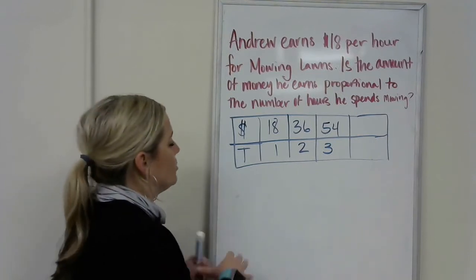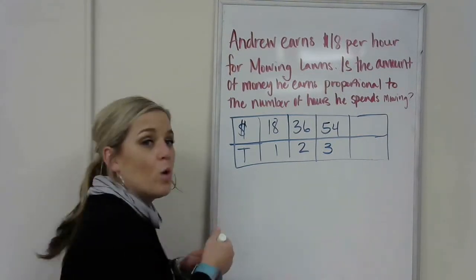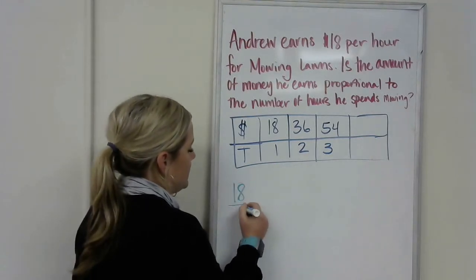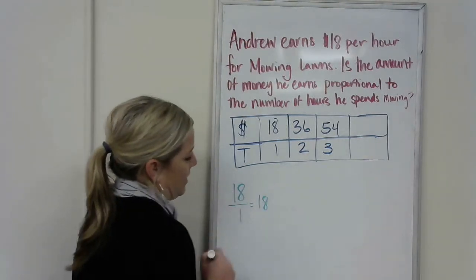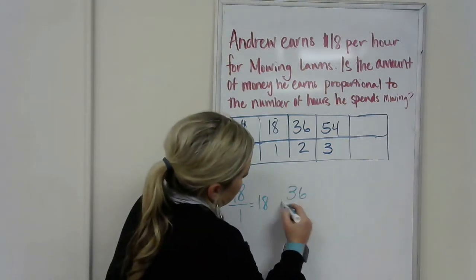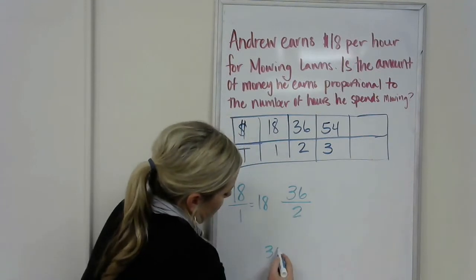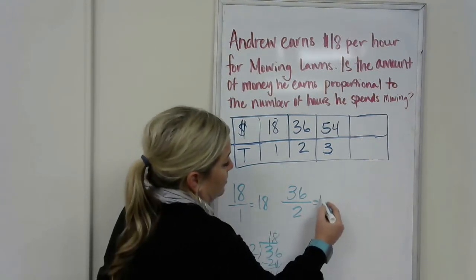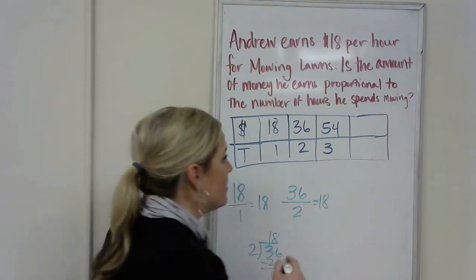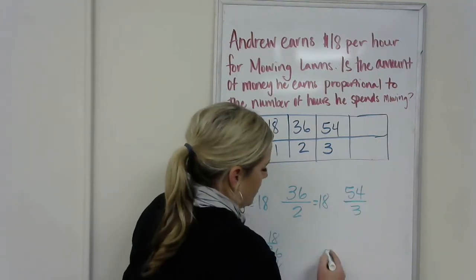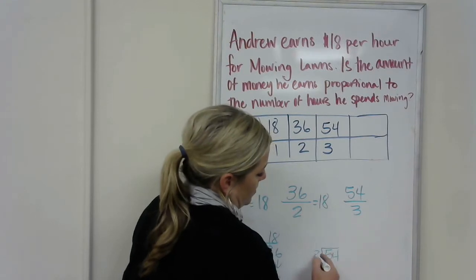All right, so what we'll do now is basically T-bow it and figure this out. So 18 over 1 is equal to 18, okay? 18 divided by 1 is 18. If we T-bow 36 and 2, that is equal to 18. Okay, so this is looking good. So 54 for 3 hours. So I'm going to divide 54 by 3,